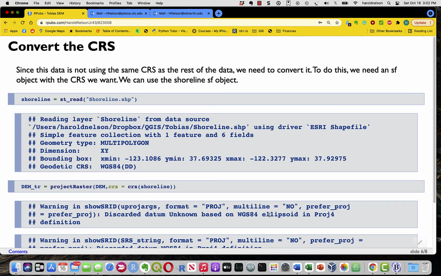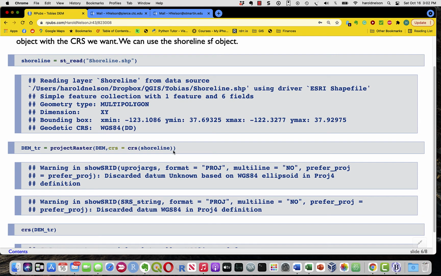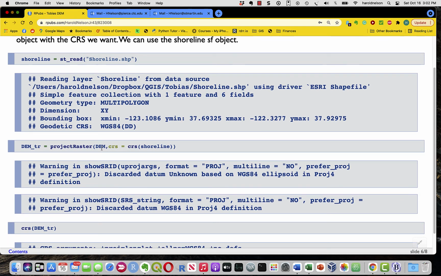Fixing the CRS. To change the CRS on a raster, you can't just give an EPSG number. You need to actually grab a CRS from something else, and that's what we'll do. We'll bring in the shoreline data, and then we use the CRS from the shoreline data to convert the DEM. I'll call it DEM transform, is project raster. DEM CRS is CRS of shoreline. Okay,